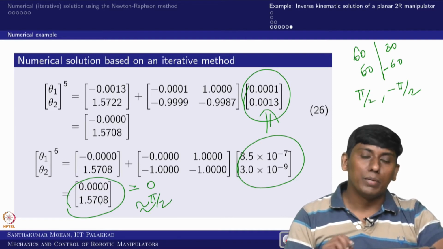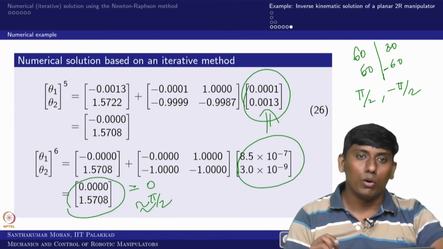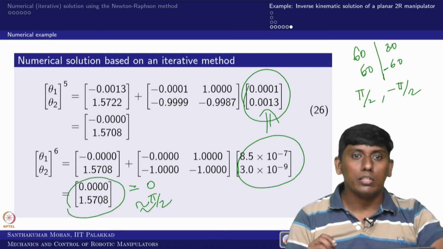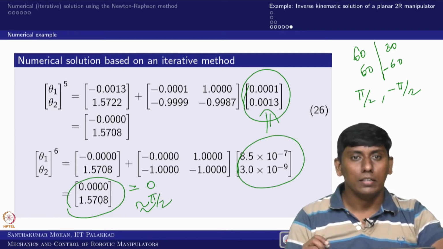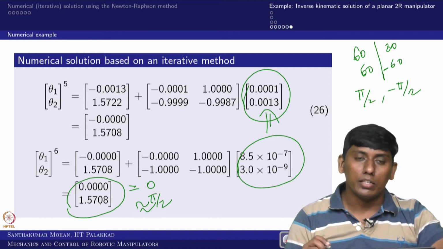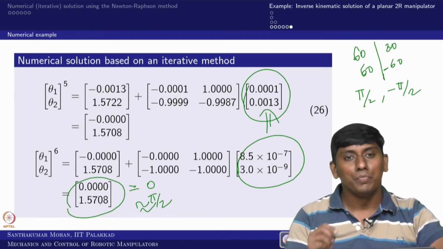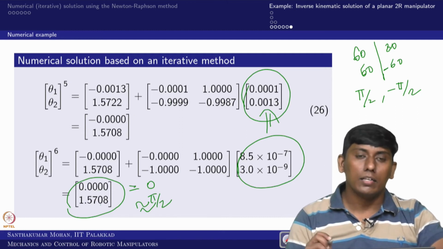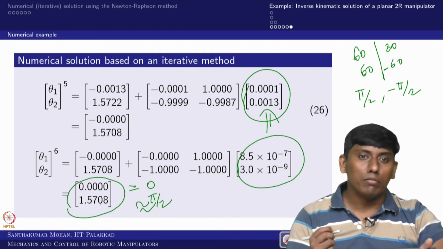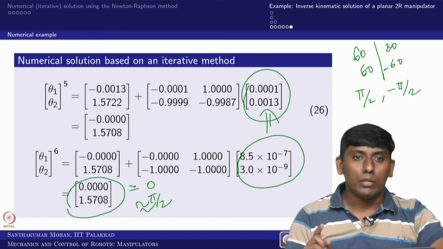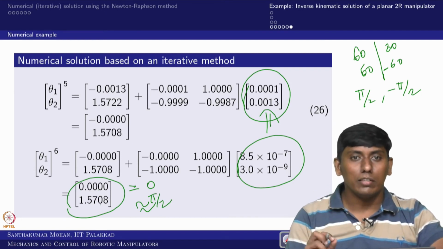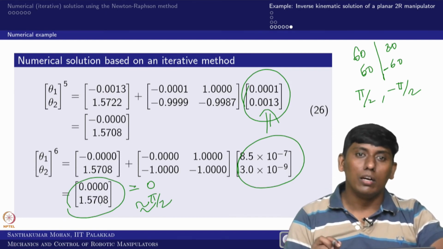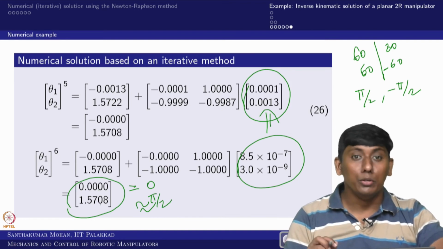So now the same method can be applied to any serial or parallel manipulator, but this course is restricted to serial. So you can apply it to a serial manipulator. You can even go for a 6D system or 3D system. It can be RPR or RRR or RPP, whatever manipulator you have, you can apply it. So that is one benefit, but one disadvantage, again and again saying, is that if you are taking a point which is an inflection, that may end up in the local region itself. I will show you in the numerical example.